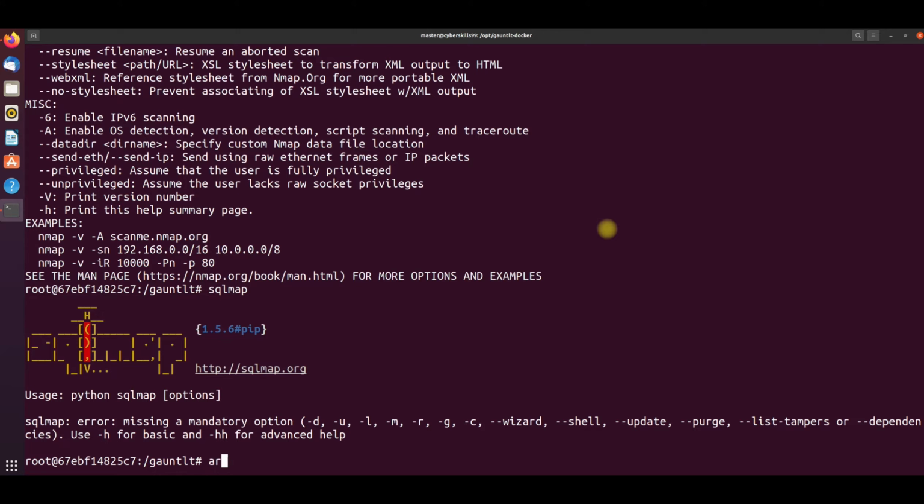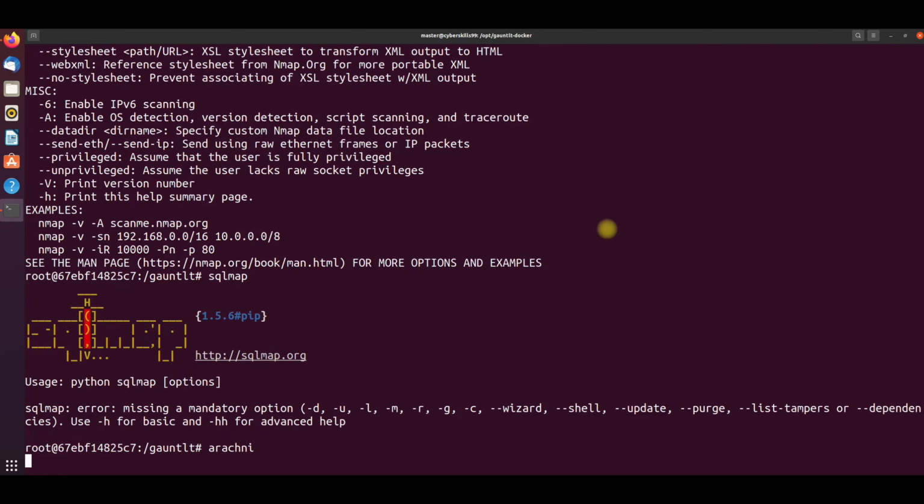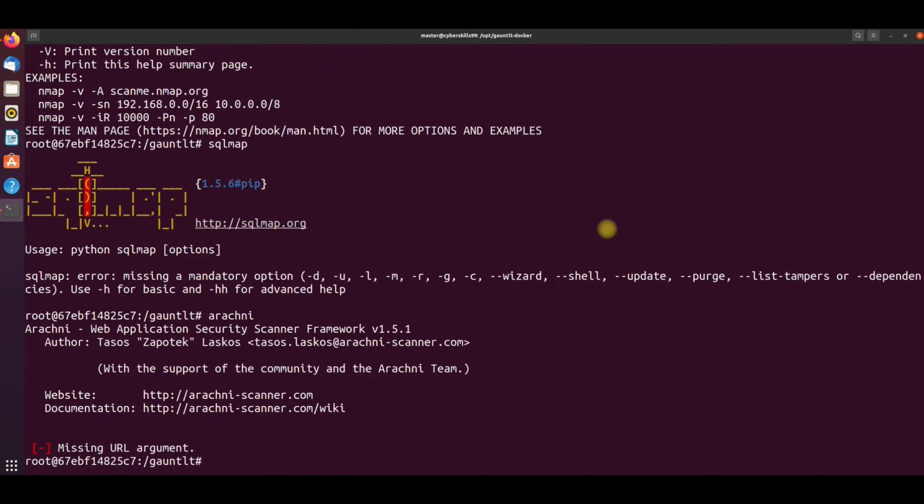And I also would like to check Arachni. This is another great tool when it comes to DevOps. So Arachni is also installed. If you remember, I modified the file for this tool because I would like to have this tool in my arsenal toolkit. So you can add other tools by modifying this file called our Dockerfile and add it into your